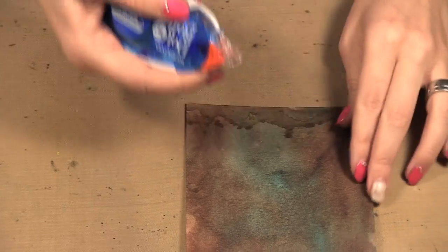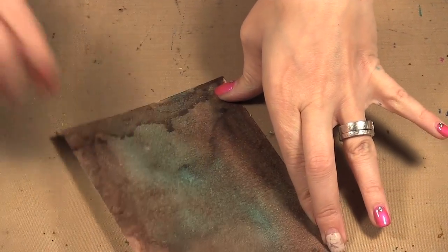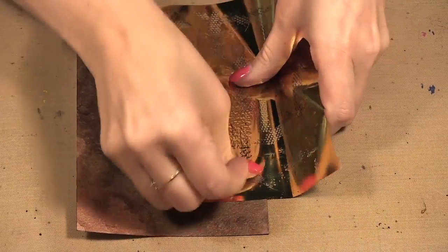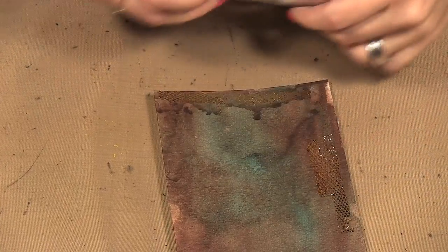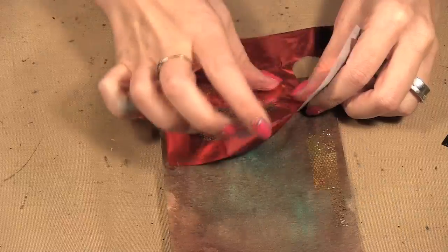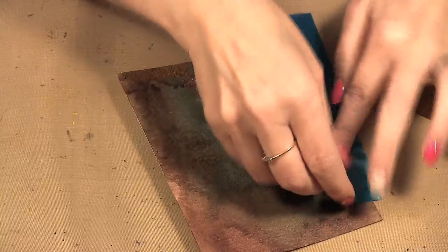So while that dries a little, it doesn't take that long because it's a very thin layer, I am going to use my dot runner. And I like to use the dot runner just because I personally like the dots. If you wanted a solid strip, you could use the tape runners that are solid. And you just put it on and peel it off. You can change up your colors. And wherever it's sticky, you just want to go with the tape